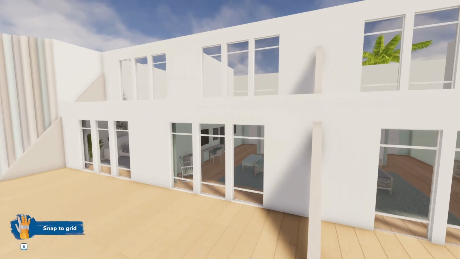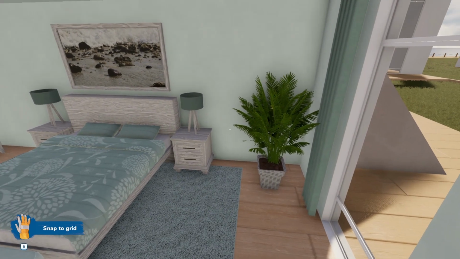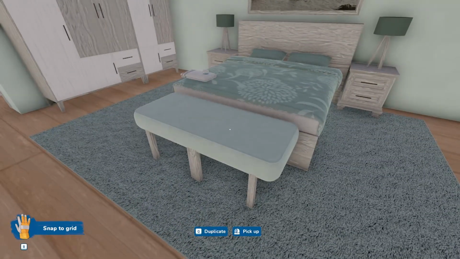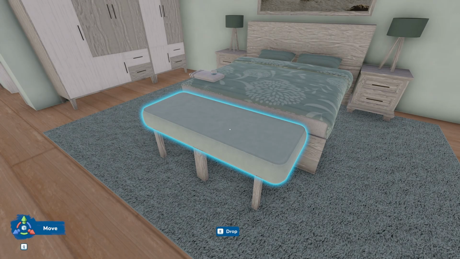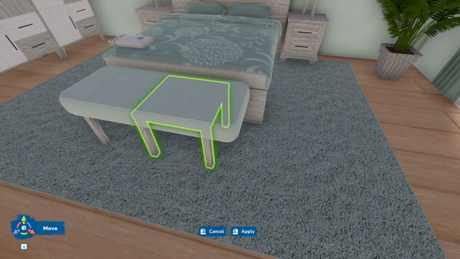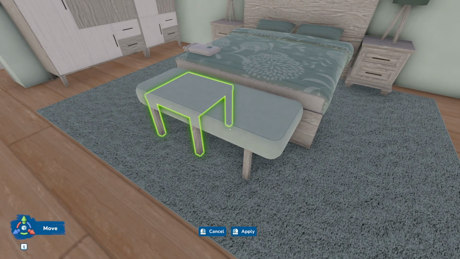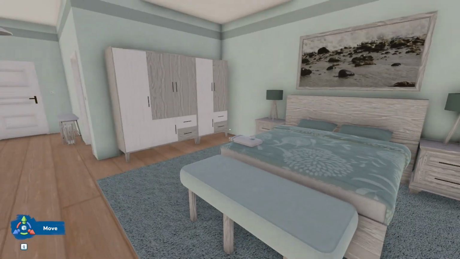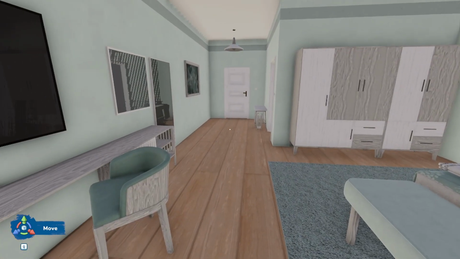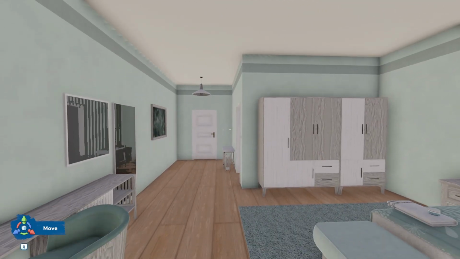because if we just merge through the wall here, you'll see some interesting stuff. We have a nice ottoman at the front of the bed, an ottoman that actually fits. I do want to actually merge these into a single leg. I put pillows onto the tables, and voila, we have an ottoman that is the right height for the bed. What can I say? We have a shelf, big screen TV, cupboards,